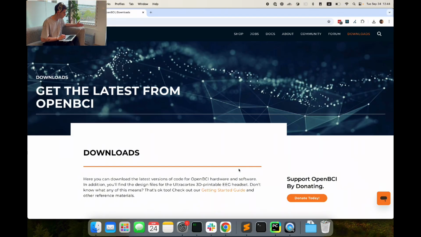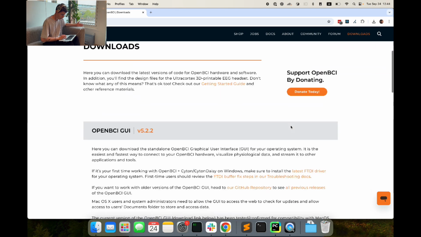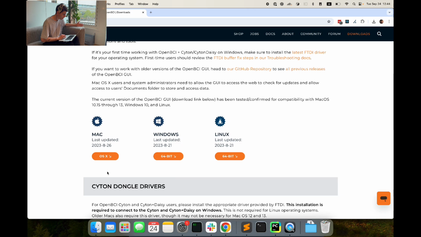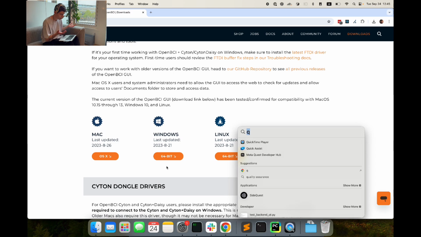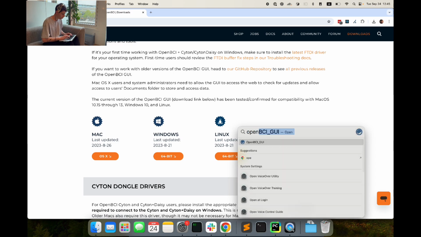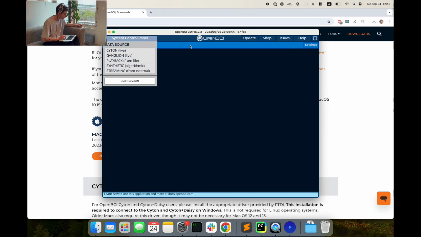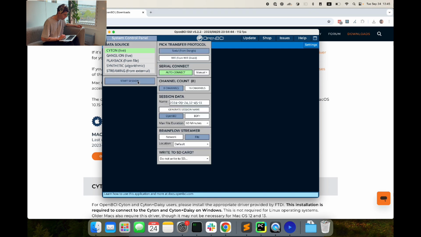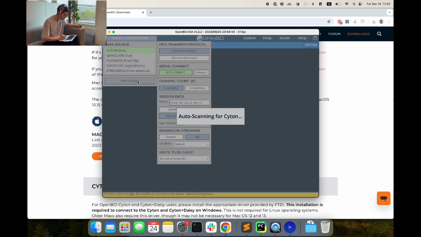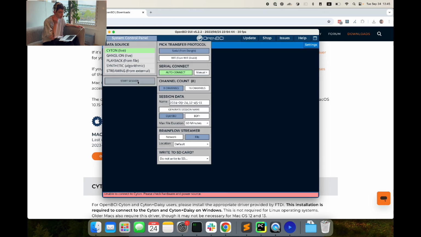So firstly, I would go to openbci.com/downloads, and you just need to get the Mac, Windows, or Linux version, whatever system you have. Download, install it as usual, and then just launch it. Go Live, Serial from Dongle, Start Session. Just to reiterate, I did not install any drivers or any special software. I just connected it through USB,